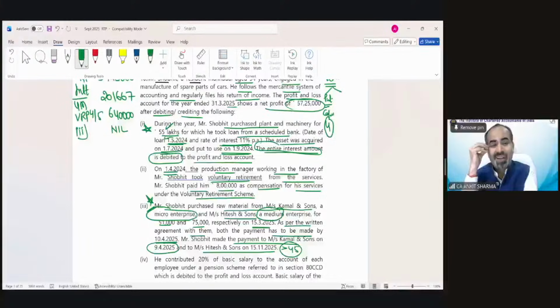So our brain says, कुछ तो करना होगा. ऐसे कैसे? Why not applicable? There should be something. I have to do something with this. There must be something disallowed. Even when your logic is saying that, look, it's a micro enterprise, payment has been made within 45 days, so no need to do anything, and that is a medium enterprise, so the provision is not applicable. So logic is saying don't do anything. Your knowledge and your logic are saying don't do anything, but your mental status is saying no, it has been given in the question, so there must be some treatment. So do not make these kinds of mistakes. Trust your knowledge. Trust.